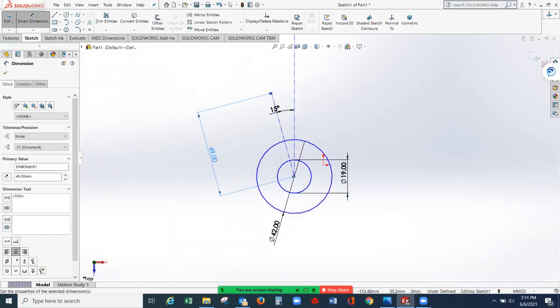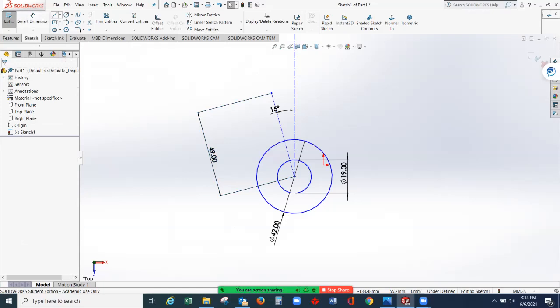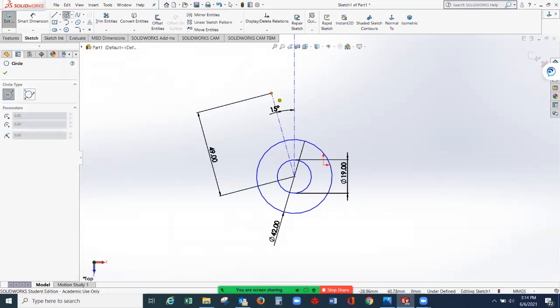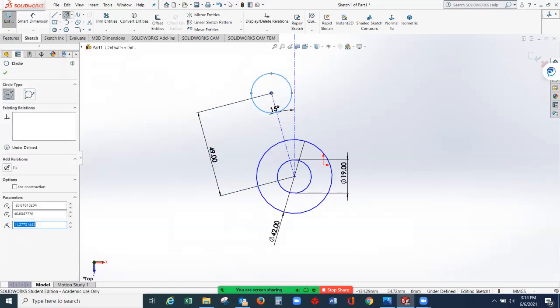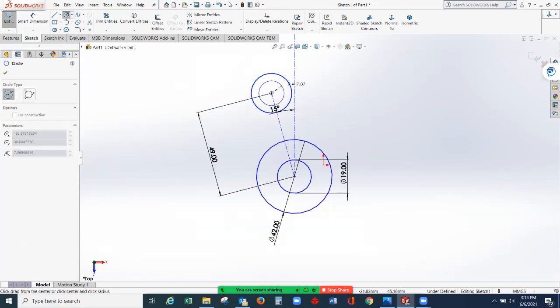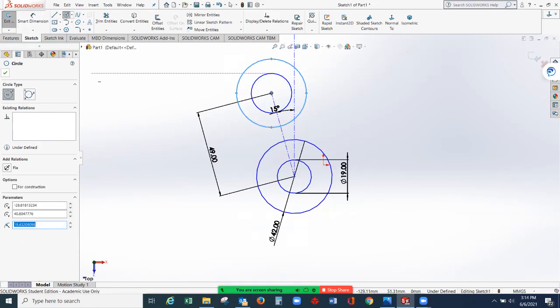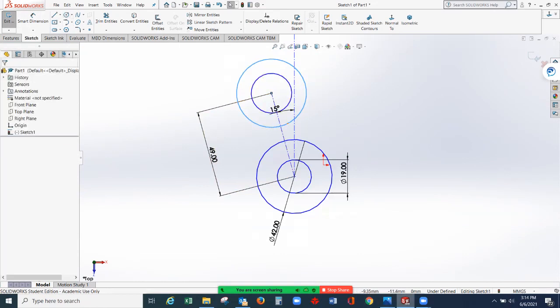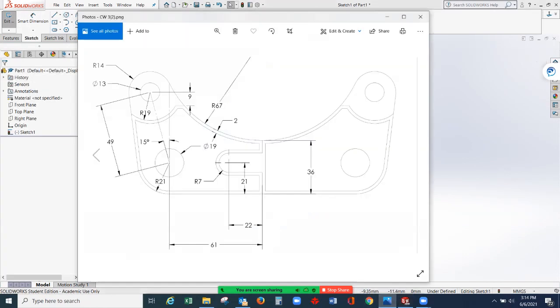Now at this point, we are ready to get the center point of this circle. So we have one more circle here. Then again, another circle. These two circles, we check our drawing. This is diameter 13 and then radius 14. So be careful in this one.